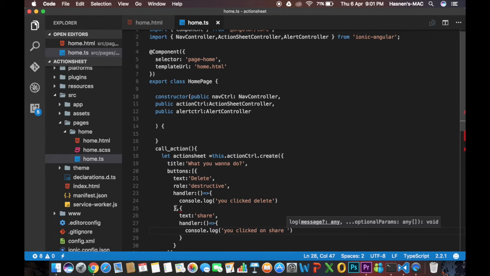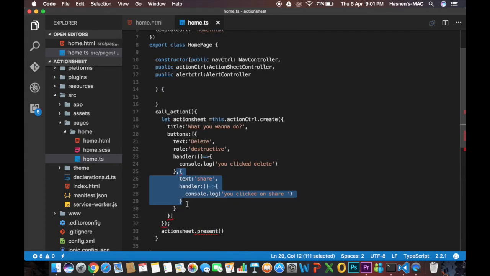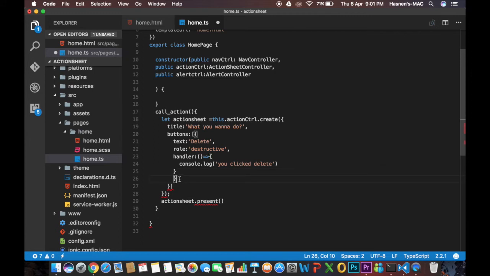I need to figure out why. I should not write near the handler, I should be outside of the handler. Control X, and it should be right over here. Now it's working. I'm going to save my file, and when I just click on the click me button,